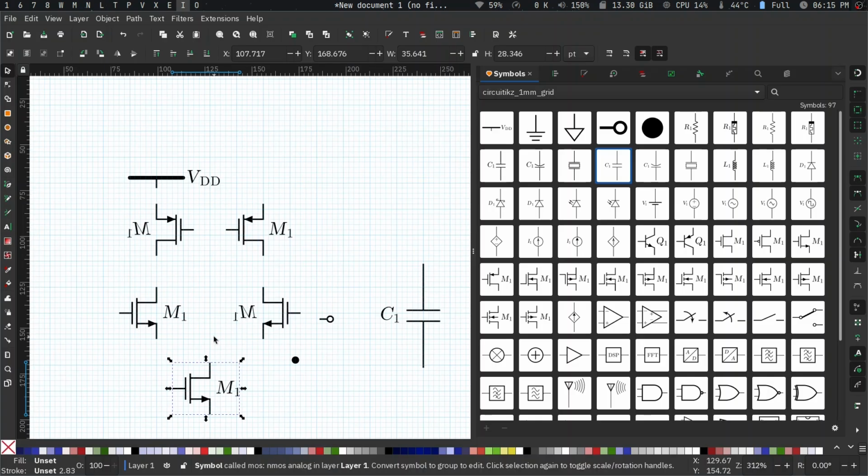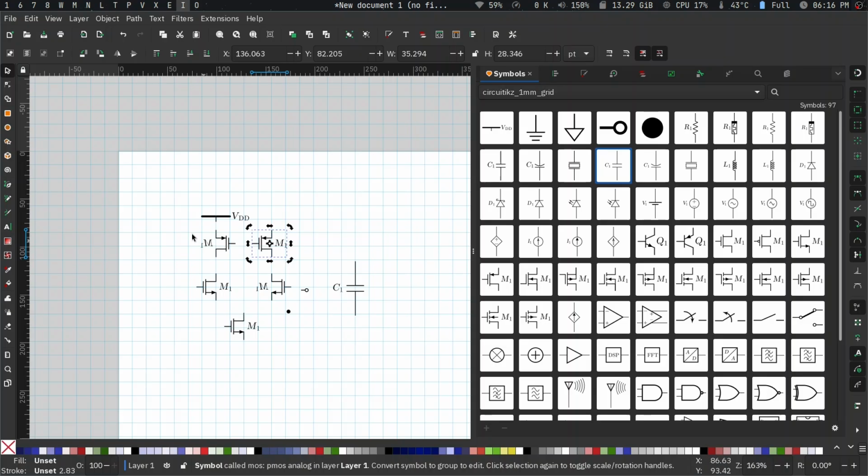So as you can imagine, just like that. Now, this is one important part. Usually, symbols are not meant to be used the way I'm currently using them. Symbols are meant to be something which are fixed, which means that you are not supposed to be changing the symbol. So, for example, right now, if I want to change anything about M1 to M2, it's not possible. But the way you can do it is you can